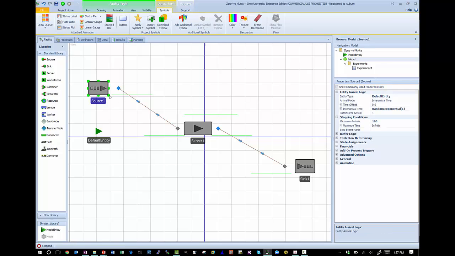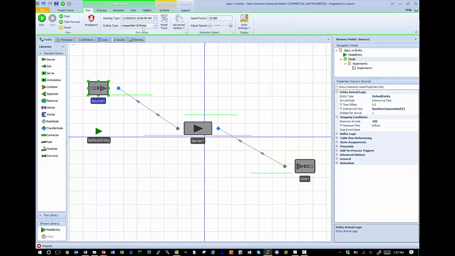And if we look at the source object, you can see that we use the maximum arrivals property under the stopping condition to say we want to have 100 entities arrive. And if you couple that with having an infinite run length or an unspecified end time, then the source object will create entities until it gets the 100th one, and then it will stop. And then when there are no more events on the future event list, so in other words, after that 100th entity departs the system, the run will stop,